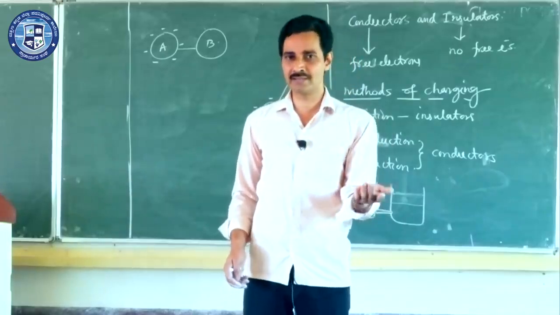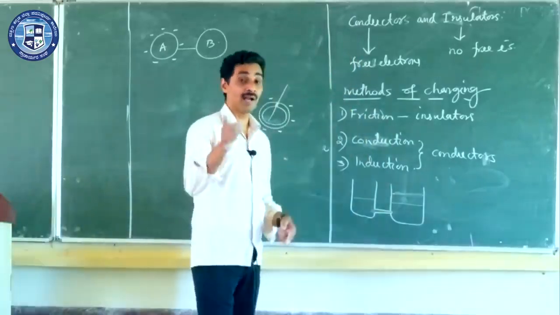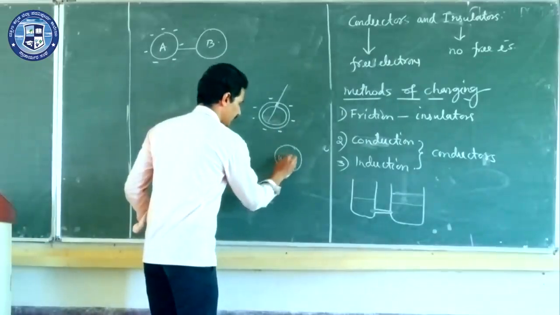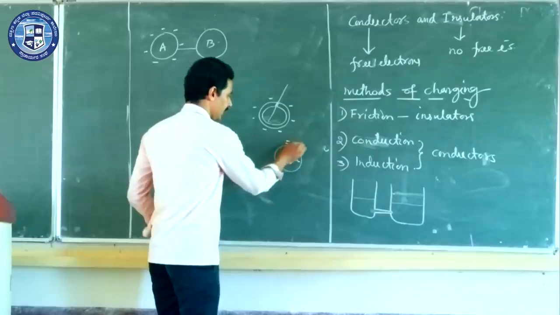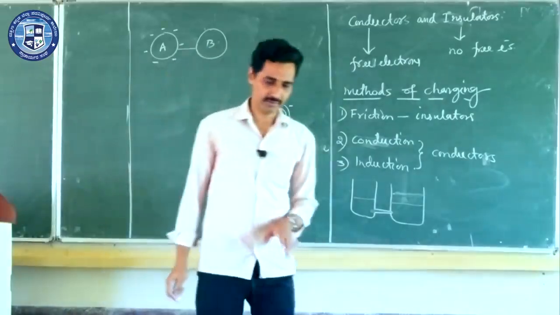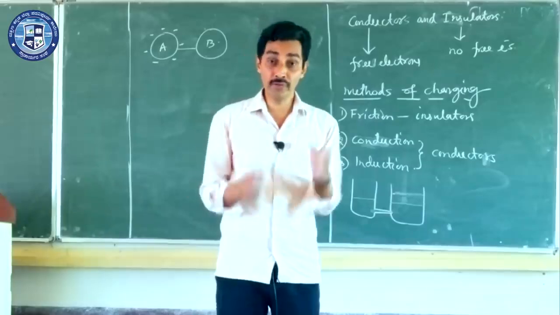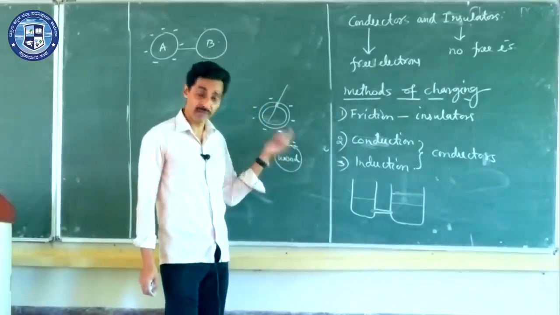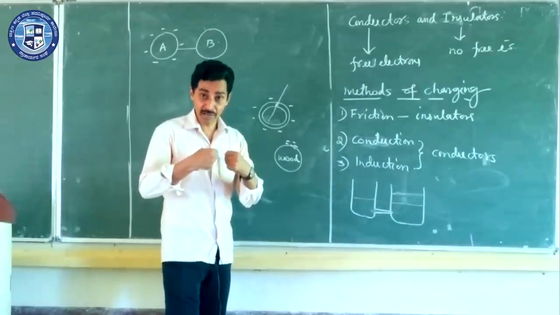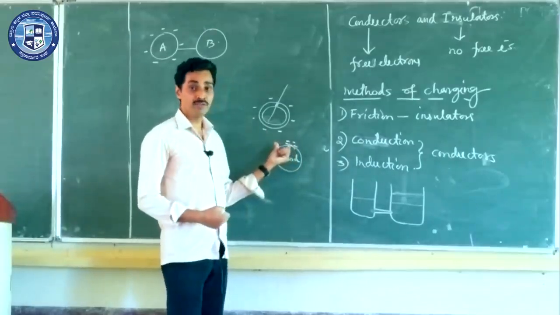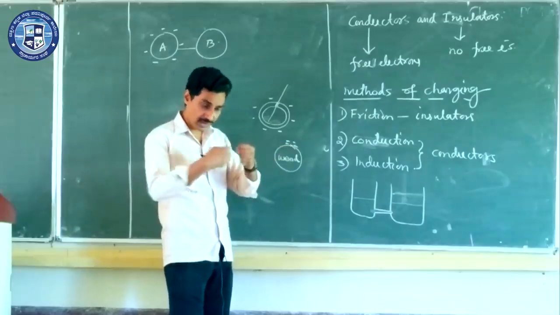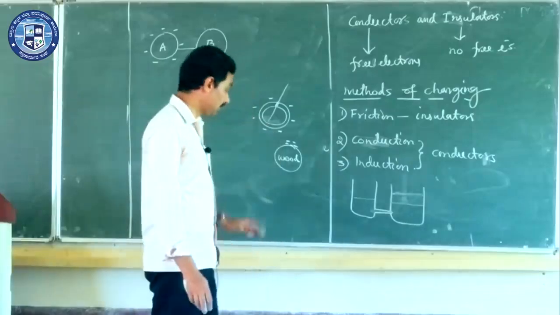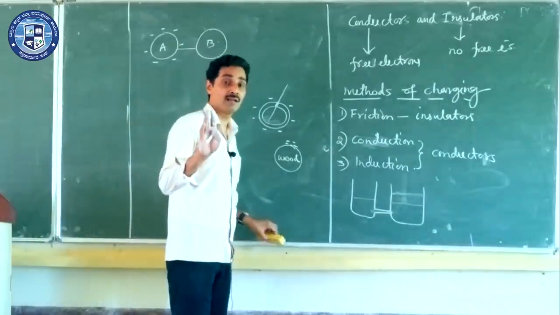What about in an insulator, sir? In an insulator, charges are localized. I will take a wooden ball, say this is made up of wood, and I put some electrons here. They must remain there only. They are localized. They can't move. Of course, you will ask one question: Sir, won't electrons repel electrons now? Yeah, they repel each other, but they can't move. So the insulator doesn't allow the charges to move. They stay there only, keep on repelling and stay there only. So in an insulator, charges are localized.